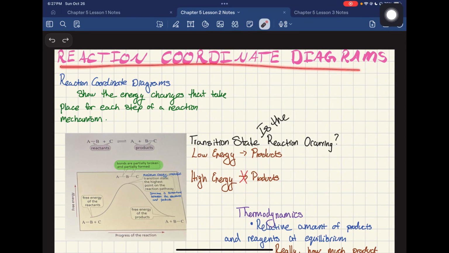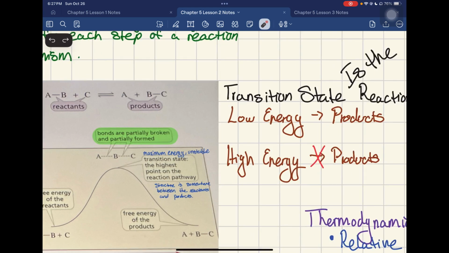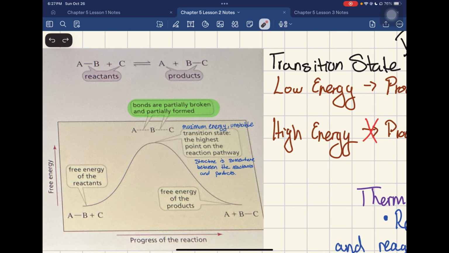So now we're going to look at reaction coordinate diagrams, which show the energy changes that take place for each step of a reaction mechanism. Right down here, we're looking at A minus B plus C, and then A plus B minus C. On the left side, we have the concentration of the reactants, and on the right side, we have the concentration of the products. At the very top, we have this thing called the transition state, which is the highest point